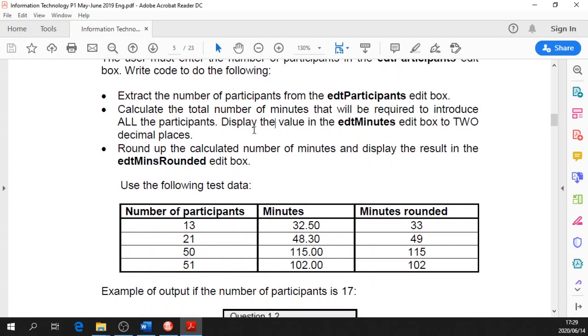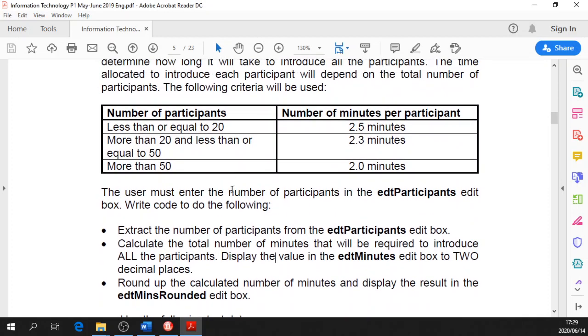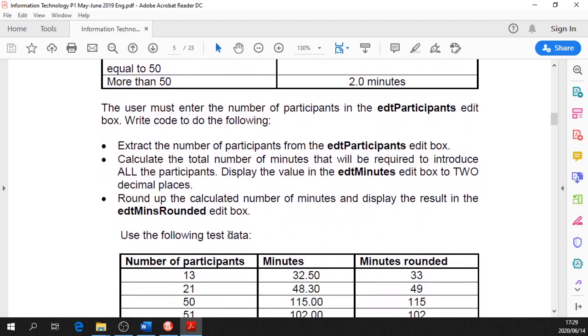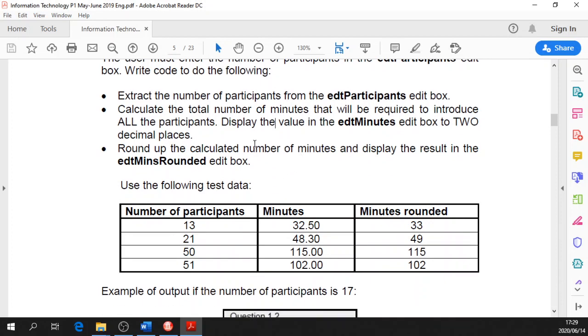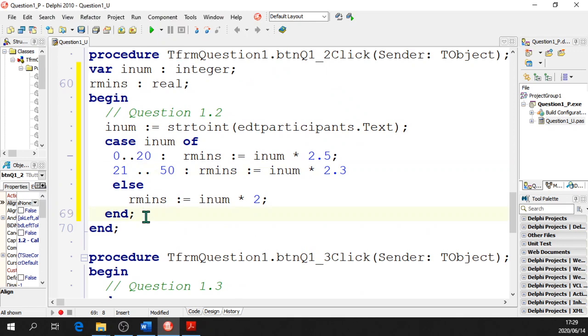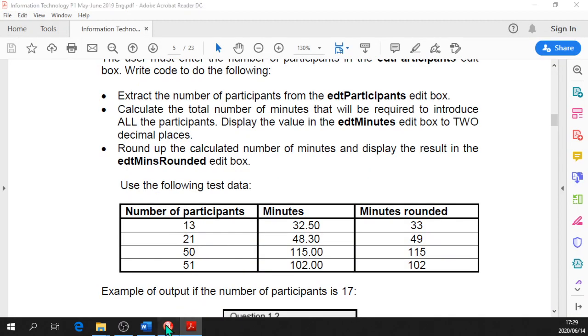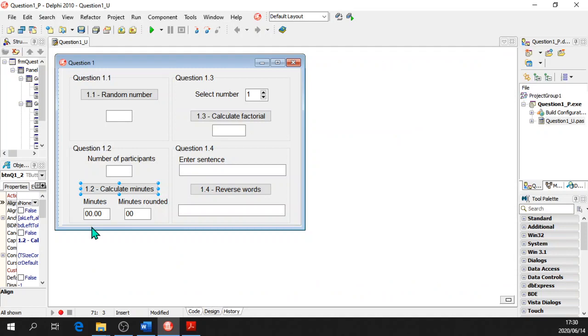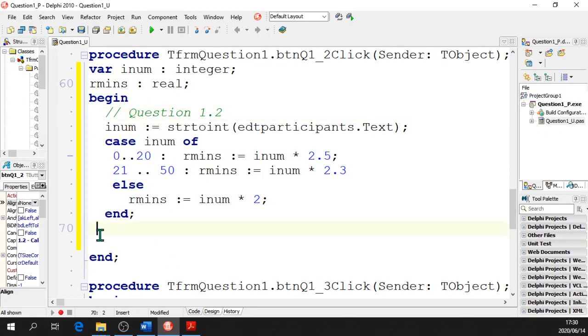Calculate total minutes, done it. All the participants, fine. Well, we've put in the number of all the participants. Round up the number to 2 decimal places. Well, display in the one, 2 decimal, in the other one, rounded. Fine. Sorry, I'm just trying to. Okay, so it's EDT minutes and EDT minutes rounded. EDT minutes, oops, minutes dot text